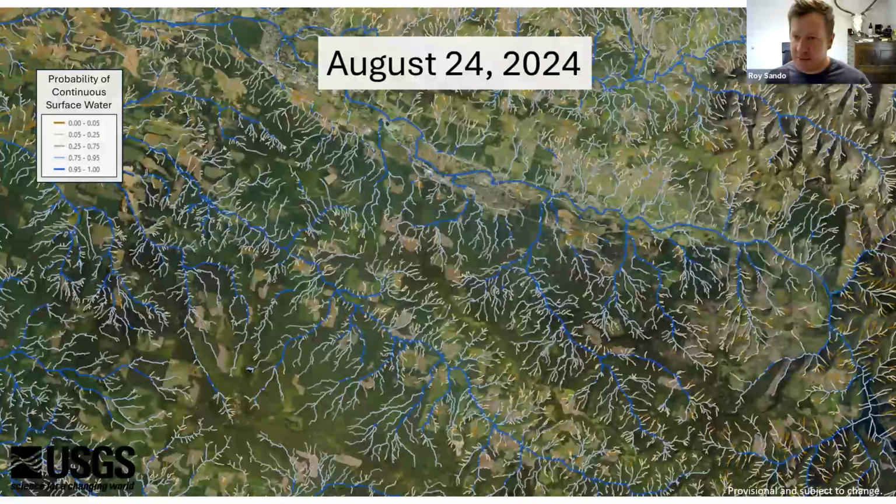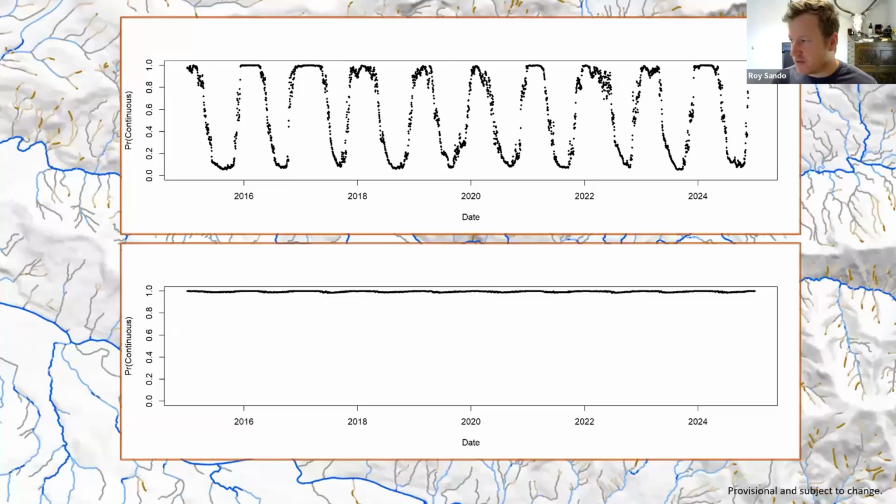Another thing is that with this Bayesian model, we can make predictions for daily conditions. So again, previous to this, what we've been doing is making predictions for annual conditions and really just calling a system either wet or dry. What we're getting at with this Bayesian approach is daily conditions. So it's a lot of data and it's difficult to run for large swaths. But if there are areas of interest or points of interest that somebody wants to know what the daily conditions are, we can run those predictions for those points.